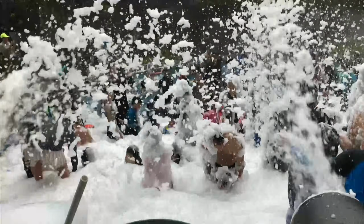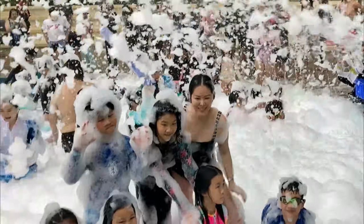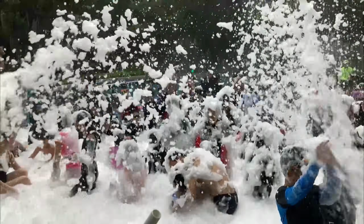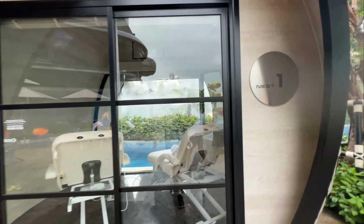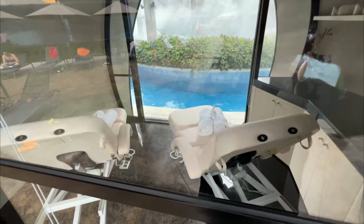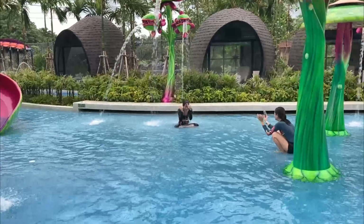There's a microphone going and music blaring. That's why I came up to my room to talk about this. But we shot everything we could shoot down there. They have what's called nests, so it's like a private cabana. Very nice, high-end lounges, very nice views of the canal with people going by with their flotation devices,